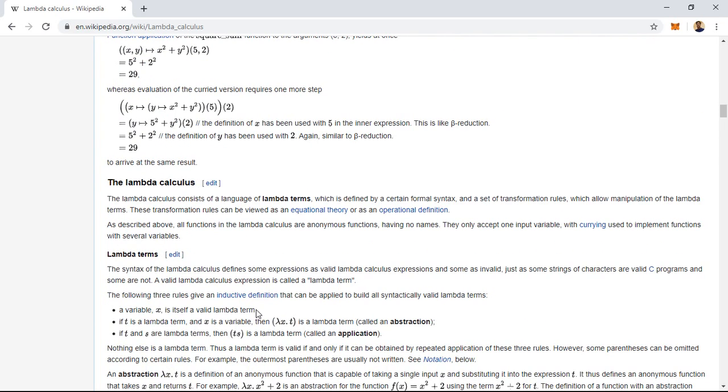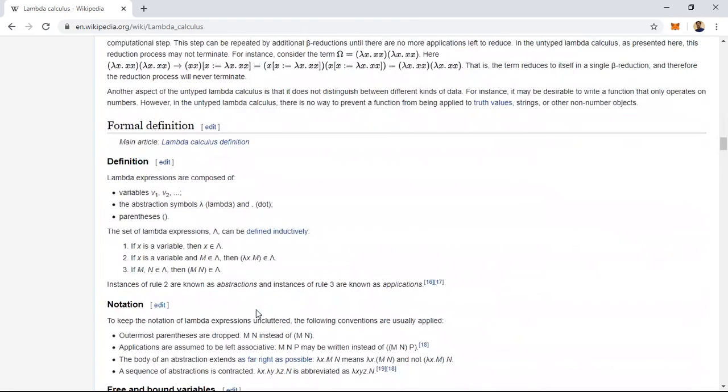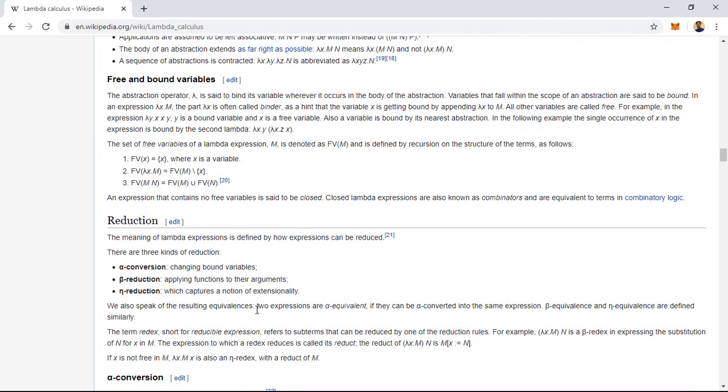Then how lambda calculus is going to be used or written like this. Anyhow, this particular concept is for your awareness. As a computer science student, you must know there exists a formal language like this, a formal representation of mathematical functions like this. So I am leaving it here with lambda functions.